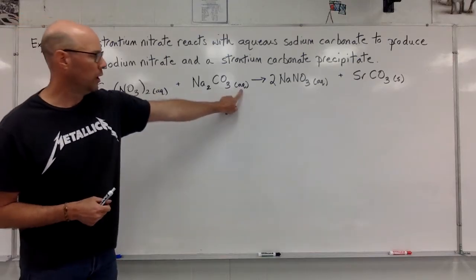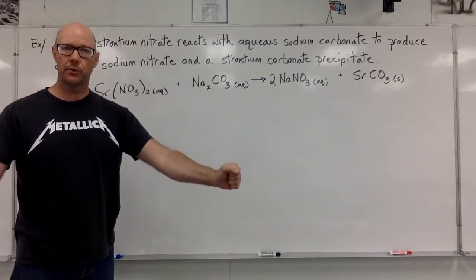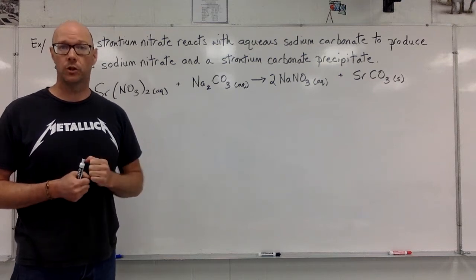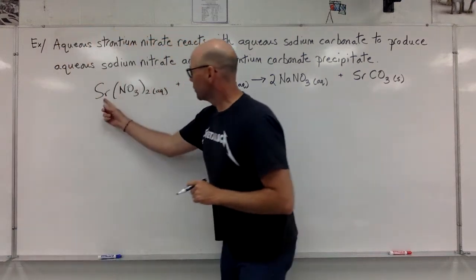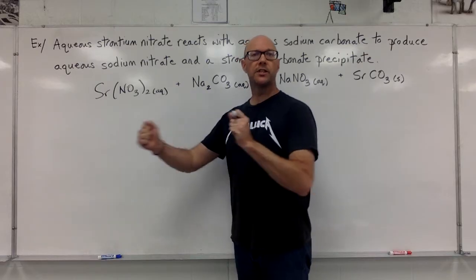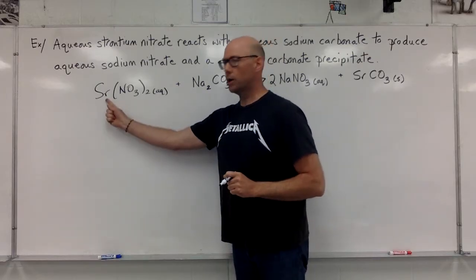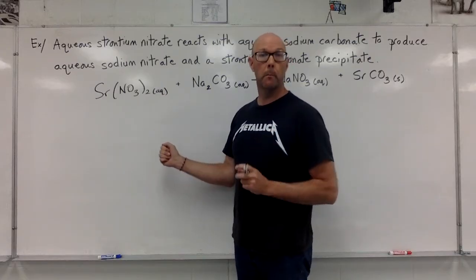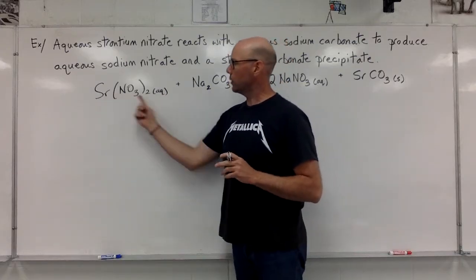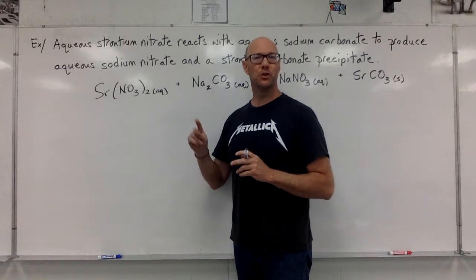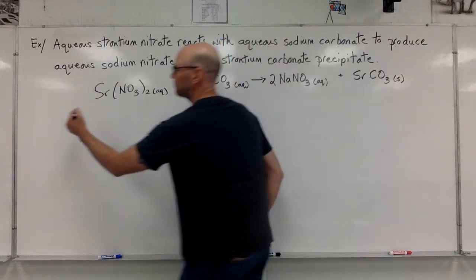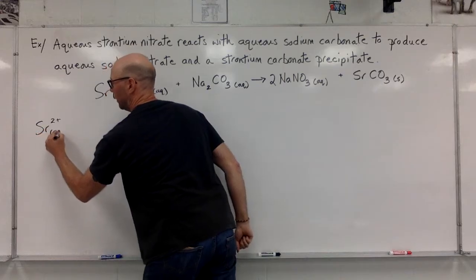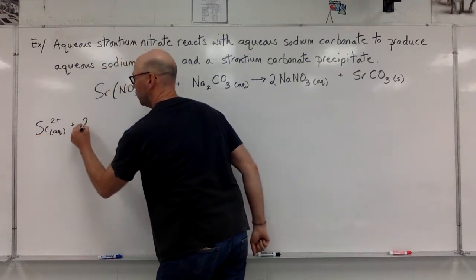Any chemical that's aqueous, I'm going to dissociate into its ions. This is going to be quite a long line, and that's okay. The strontium nitrate is aqueous. It's going to separate into its ions. Strontium ions. How many strontium ions are there? There's just one. But also, how many nitrates are here in this equation? There's two nitrates. So I'm going to have a strontium 2 plus ion and two